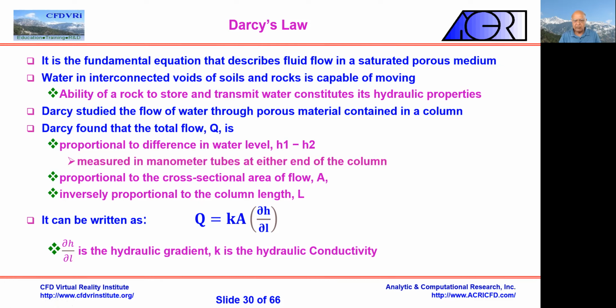So you fill a column, a cylinder, with sand, for example, you saturate it with water, you apply a pressure at one end, water would come out at the other end, and it depends upon the gradient along the tube and the cross-section area, and something called hydraulic conductivity, which will be a property of the sand that you're using. Okay,